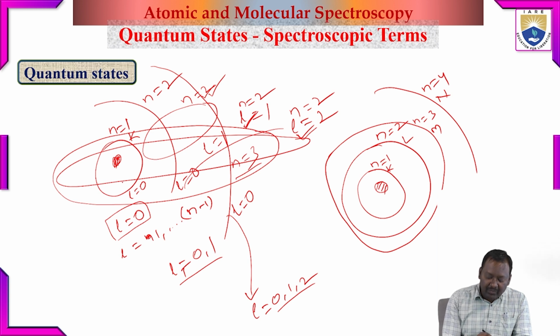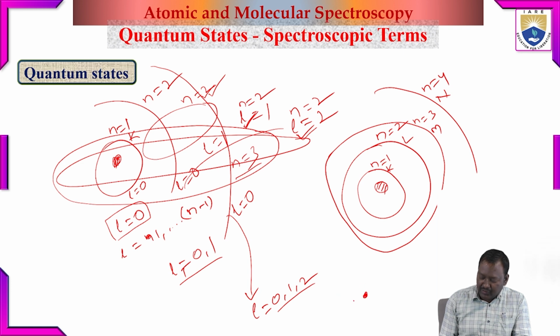So these elliptical orbits again have different directions. The orientation of elliptical orbit is considered in the vector atom model. That is one important aspect for the splitting of spectral lines for different atoms. So once again here, even considering elliptical orbits, and again these elliptical orbits, if we consider